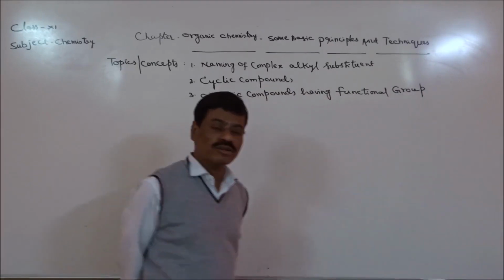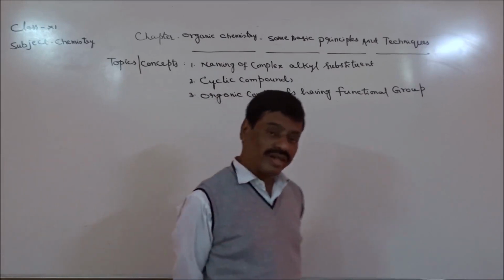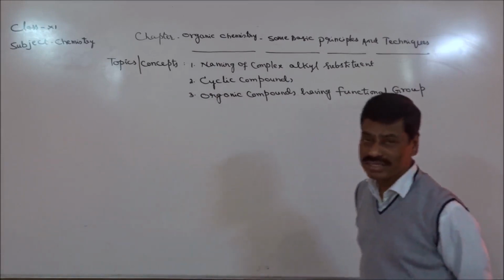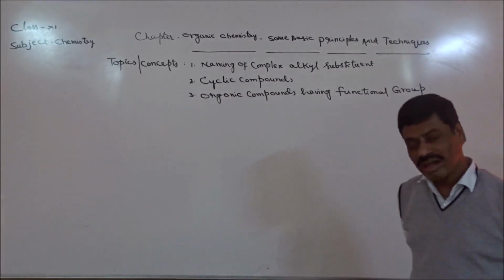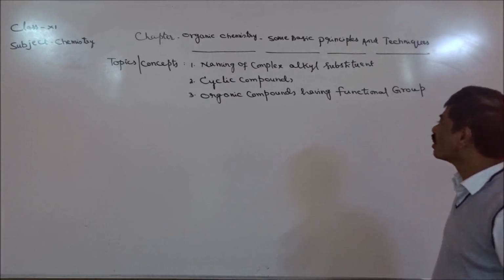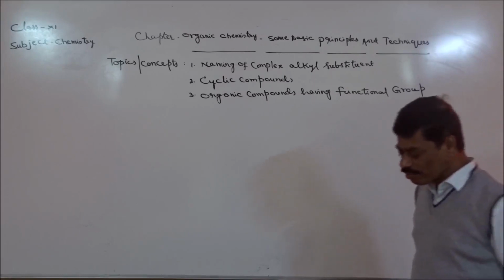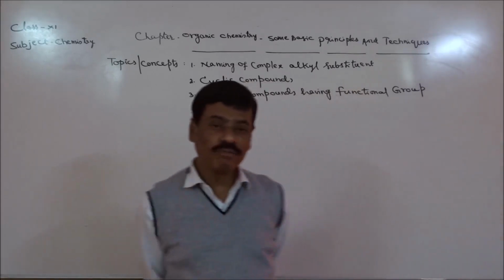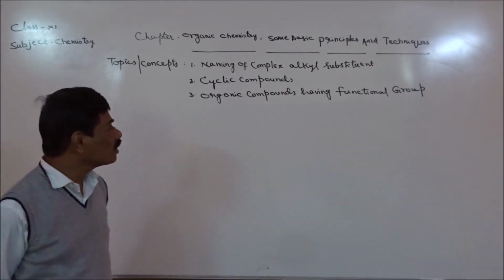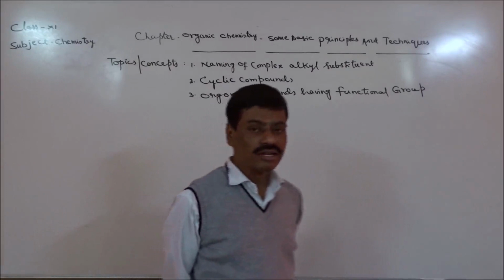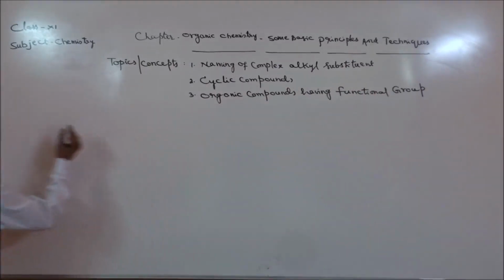So any one of the hydrogen atoms connected to any carbon atom of that long chain can be removed, and that place can be taken by an alkyl group. Right? Next, complex alkyl group means that the alkyl group should have a branch or branches in it. Then it is said to be a complex alkyl group. Right? Now, let us see the first one,